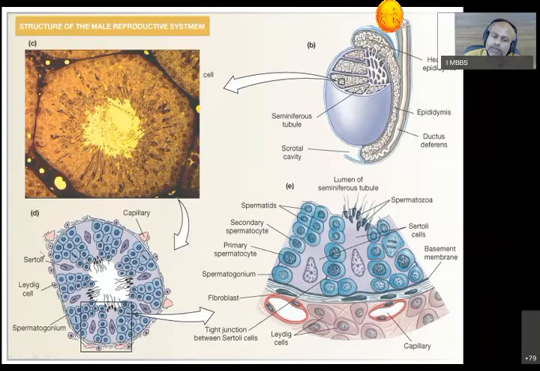When we take a cut section of the seminiferous tubule, you can see two types of cells, and in the center, one cavity, which is called the lumen of the seminiferous tubule. We have seen about these cells, Sertoli cells. They are also called sustentacular cells, or nurse cells. These are triangle-shaped, pyramidal-shaped cells with a large nucleus. We have seen the function of these cells in the last lecture.